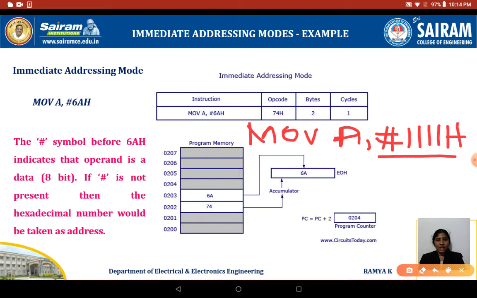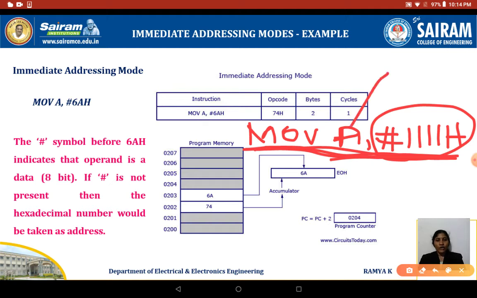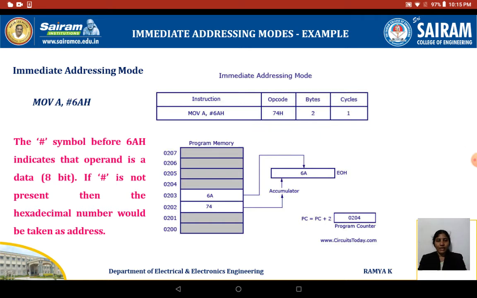It is immediate addressing mode, but the data I have used over here is 16-bit, so the instruction I have written is an invalid instruction. Why? Because the accumulator is an 8-bit register, so we can store only 8 bits of data in the accumulator, but the data I have given is 16-bit, so this instruction is invalid. These are some of the examples of immediate addressing mode.